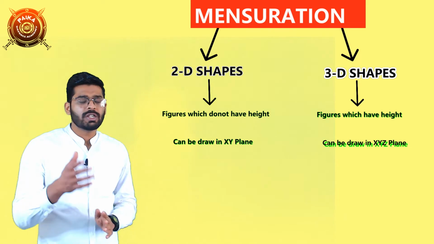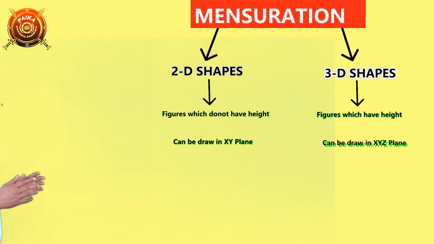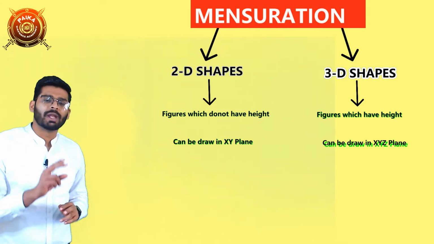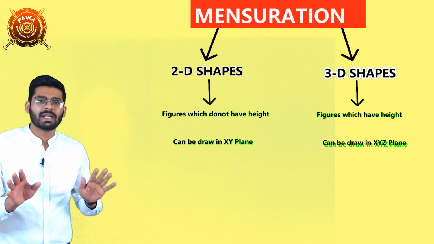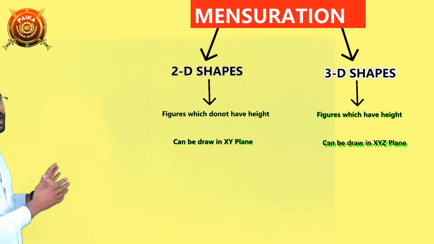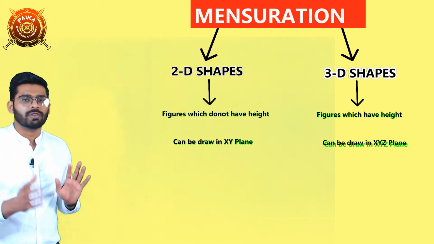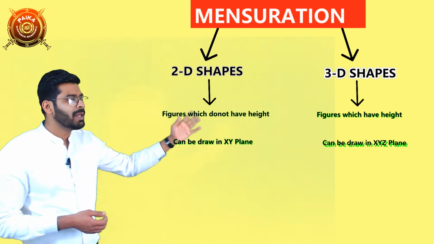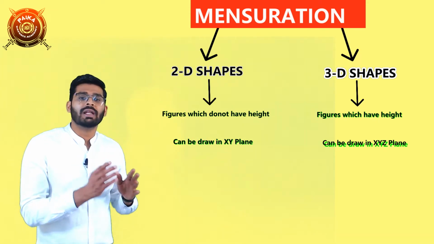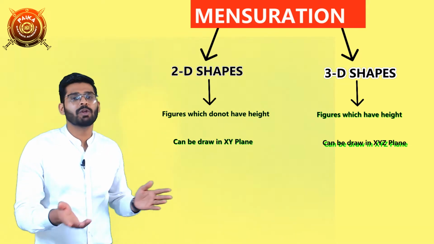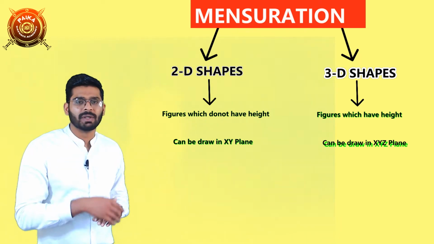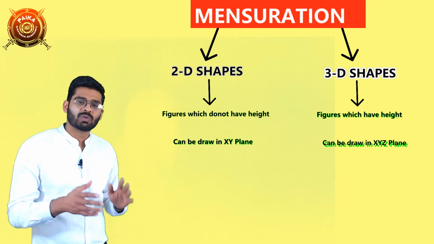Okay, students, if you take an example of a rectangle, which is a 2D figure, then you can see that in a rectangle we have only two parameters, that is length and breadth. A rectangle has no height, so only two parameters, so we need two axes, that is the XY plane, in order to draw 2D figures. Now if you take an example of a 3D figure, then you can see that in a 3D figure there are length, breadth and height. For example, if you take a cuboid, it has length, breadth and height. So it has three parameters, so we need three axes, the X, Y, Z plane.